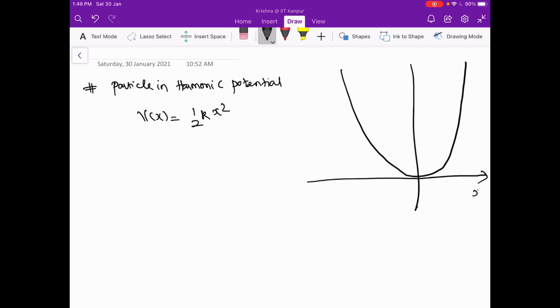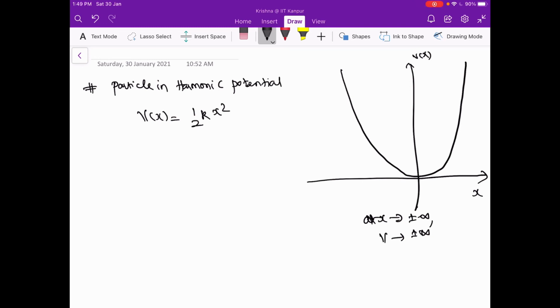If this is x, we wrote V of x, which has a square dependence on x. So if you have a potential something like this, the potential has this kind of characteristic that as x goes to plus or minus infinity, the potential also tends to infinity, right? In fact, it even tends quicker to infinity, but at least we know for a fact that it goes to